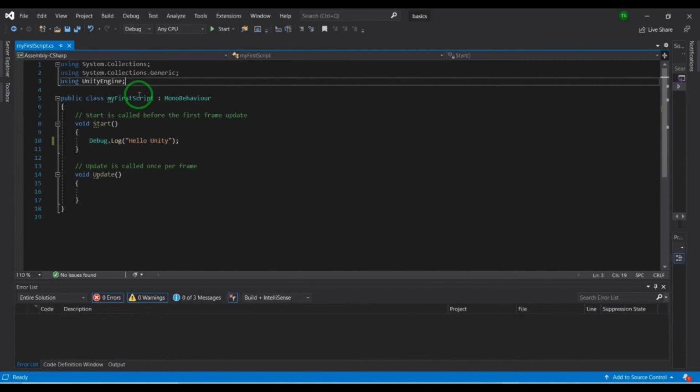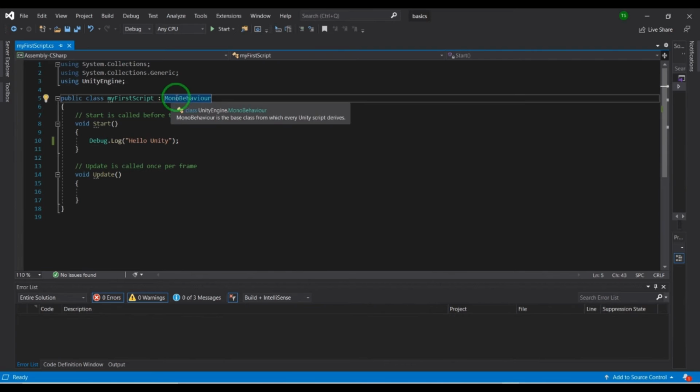Then here we have our script, my first script. You can notice these two have the same name because whenever we create a script, we are basically creating a class. So my first script is basically of the my first script class. Now this colon and then MonoBehaviour means this MonoBehaviour is also a class. There is a concept called inheritance.